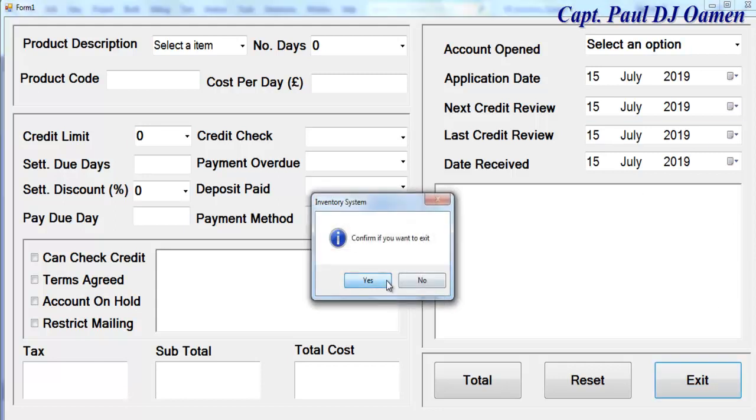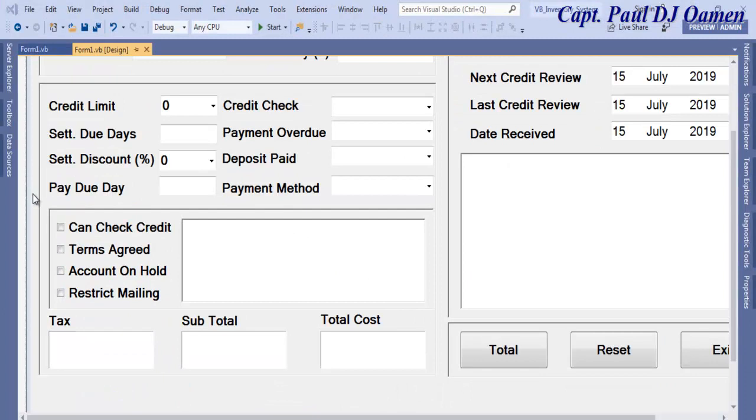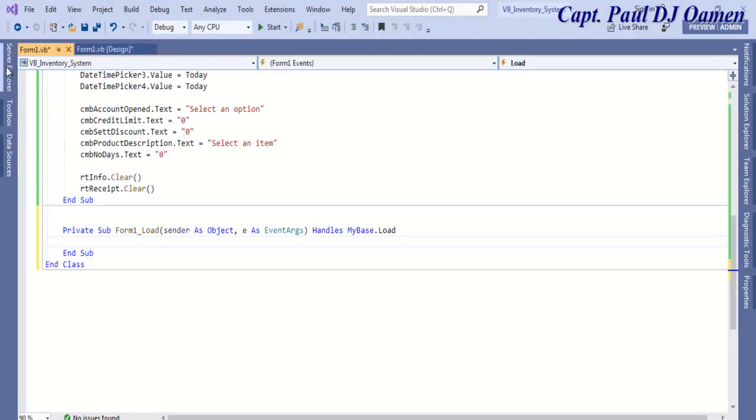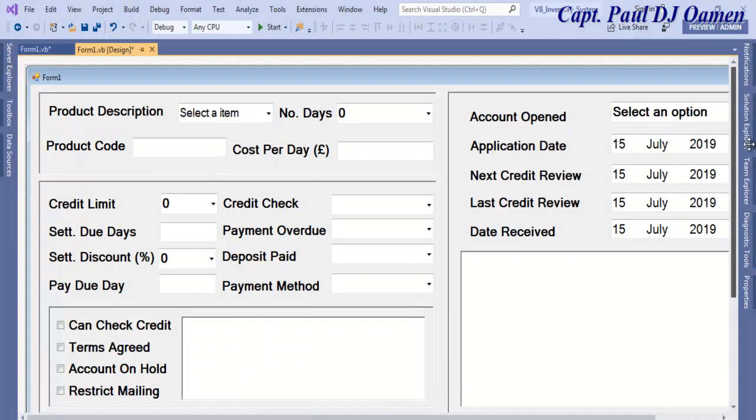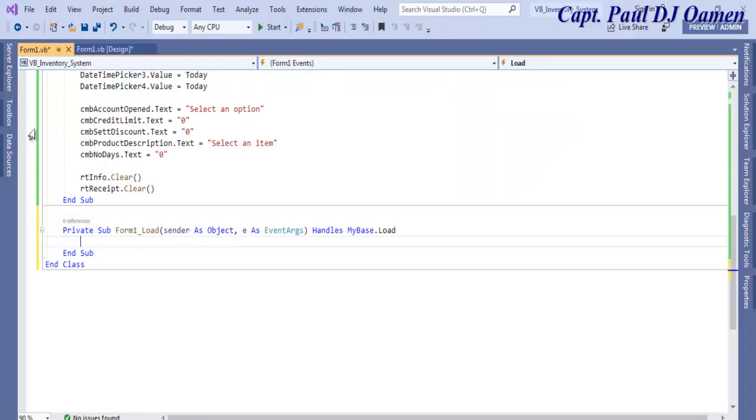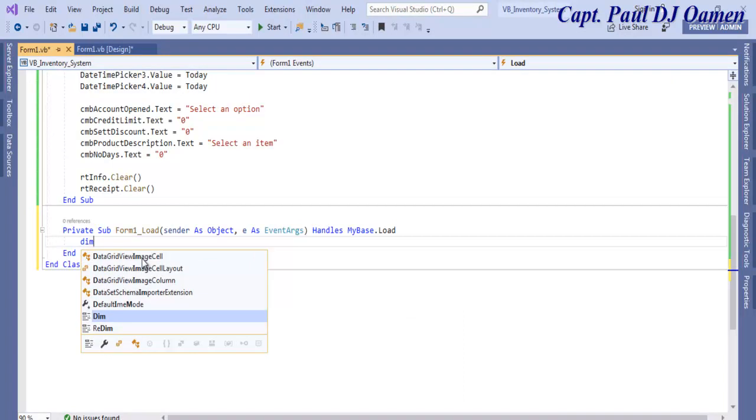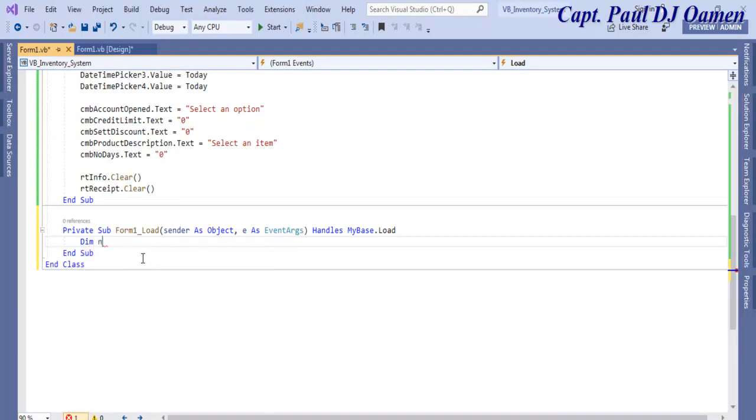I'm going to exit out and let's double click on the form itself. What I want to do is, when I click on this checkbox, I want some items to be displayed on them. So let's double click on the form again, and the very first thing will be Dim, let's say number of item. Now let's go for number of days. I'm going to make that an integer, right? And let's add,